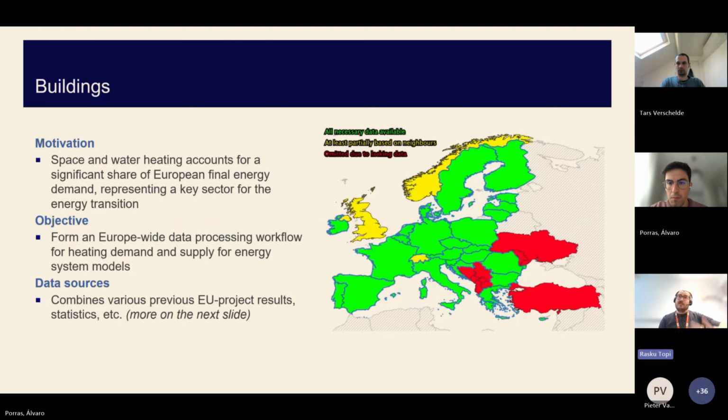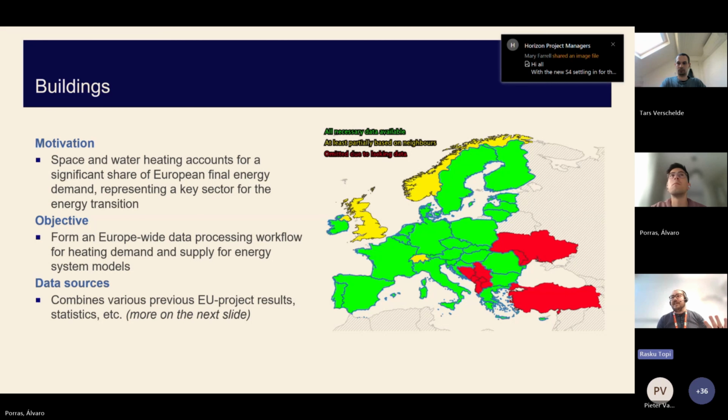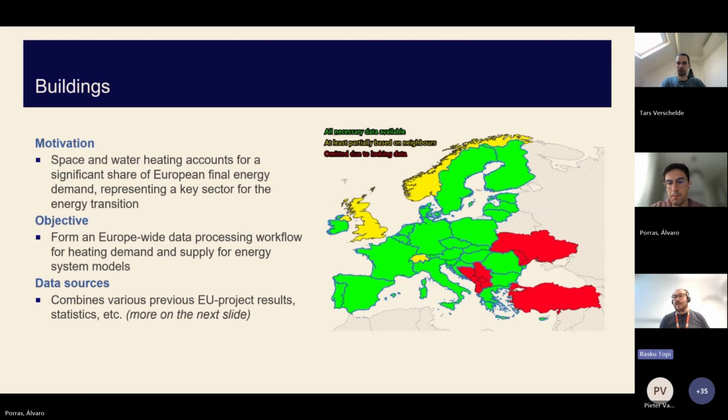For the green countries, basically all I needed was available, whereas for the yellow countries, I had to project some parameters from neighboring countries to arrive at a reasonable data set, whereas for the red countries, there was not sufficient data available to make reliable data. Technically, it would have been possible to project some sort of heating and cooling demands for these countries as well, but it would have been based on really rough extrapolation from neighboring countries and bottom-up modeling, so the results could have been all over the place. I decided it's not worth the effort.